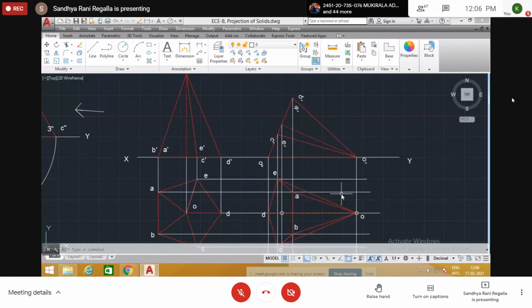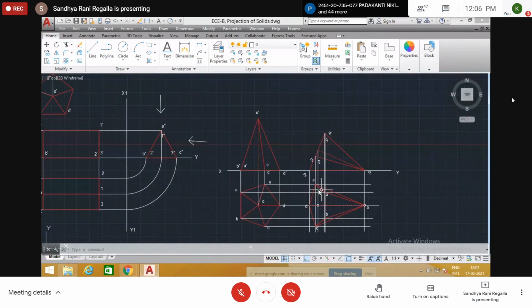Like this we show. Don't worry about these hidden lines and axis lines. If you are able to draw this total figure without showing these hidden lines also, okay, we will accept. Don't worry. But if you show this way, that is called a perfect drawing. Okay? Next.